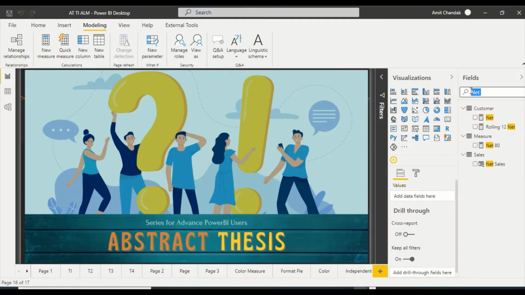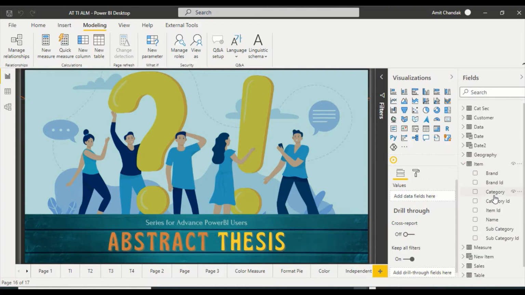Let's say I go to the item dimension and based on the category, I want to remove the rows. So I say category 1 is assigned to someone, or only show me category 1 data. Basically, we are removing the data from the user who can see it. So row level security is data security. We are securing the data based on certain rules from the users, and those rules are going to apply at the row level. That's why this is row level security.